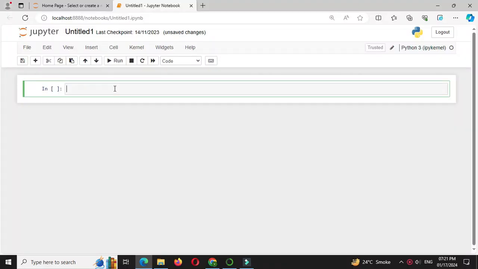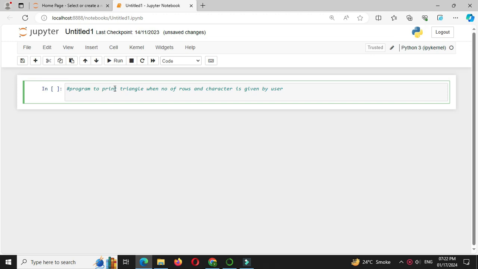Here we will write a Python program to print a triangle when the number of rows and a character is given by the user. So in a comment line we will write first, we will accept the number of rows to print. So in n we will accept it. So n equal to int